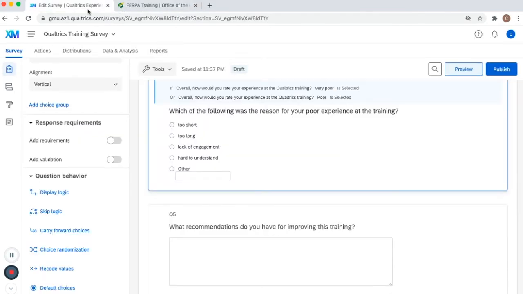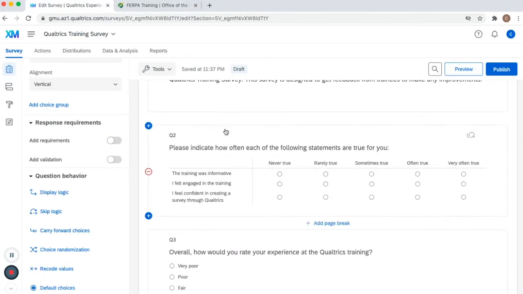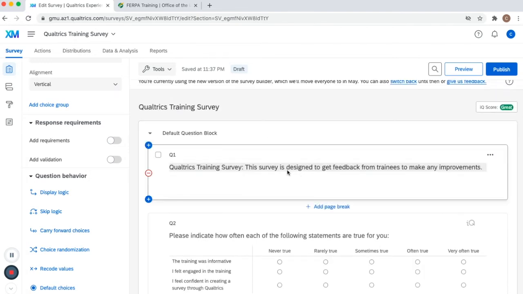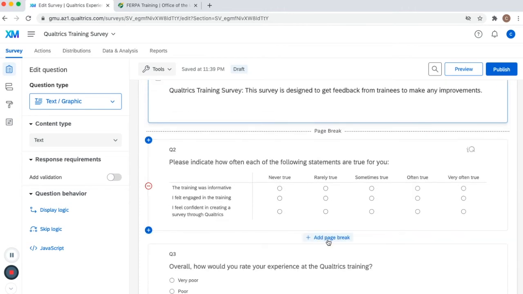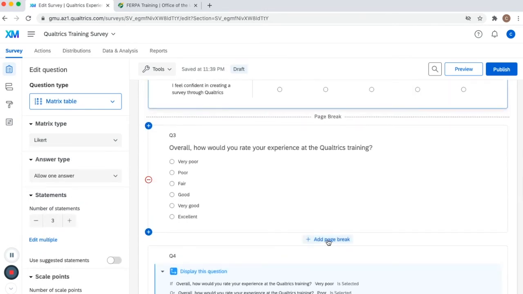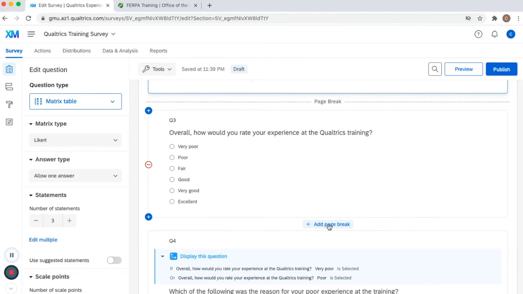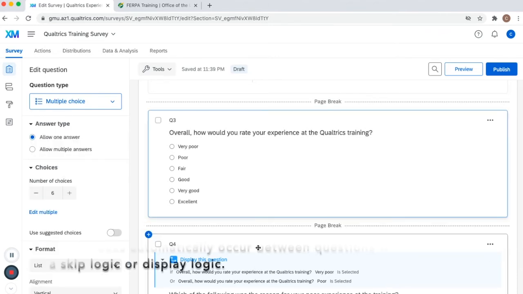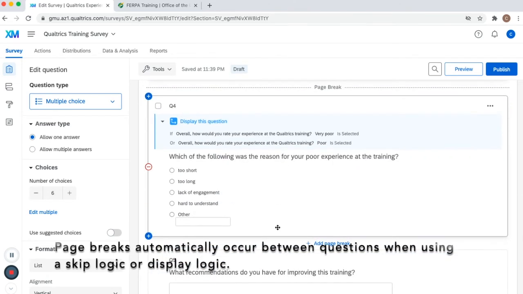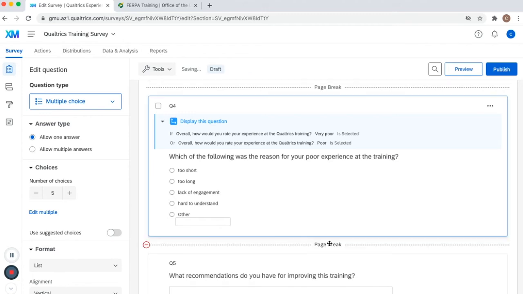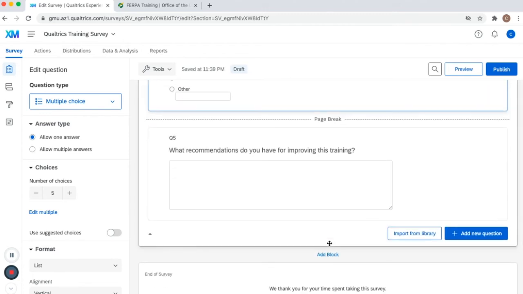So let me exit out of that. Go to the top here. So if you hover over the first question, you can see where you can add a page break, and it'll visually show you where I had placed the page break. So I'm going to do that with the second one as well. And then you can put in the page break here, but since we have the display logic, it's already applied. But you can also place that there as well. And then I'll do so for all of the questions. And then now if you preview,